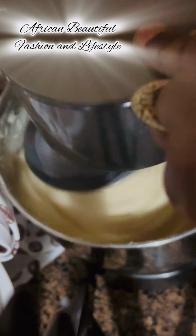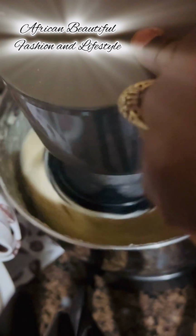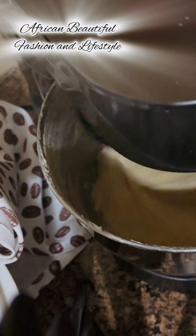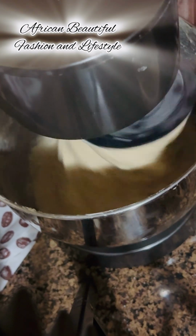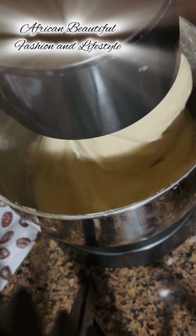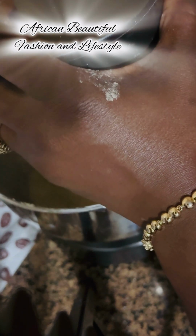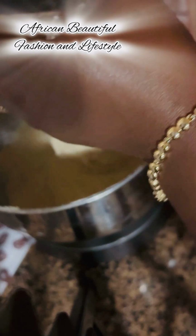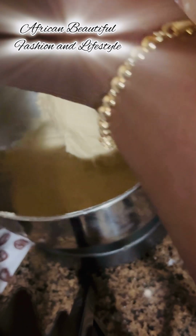And this is what it looks like kneading. See, it's moving with force because it's doing a big and wonderful job. Okay, guys. So we just make sure the butter is well combined together with the flour dough, and we're going to stop our mixer and move on to the next thing, which is going to be to actually divide the dough